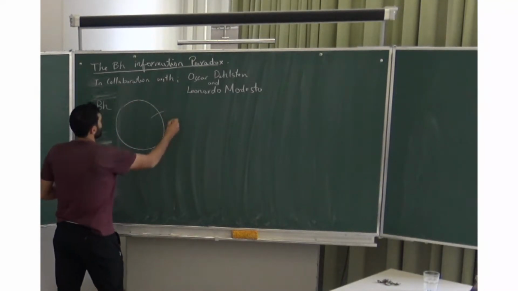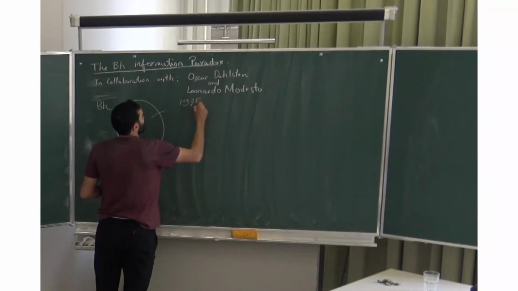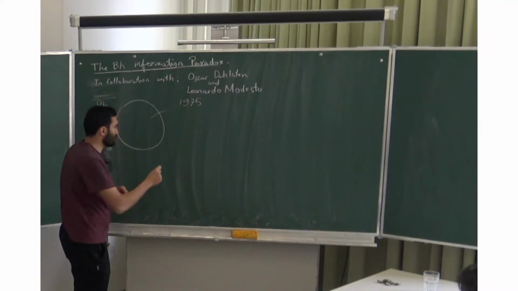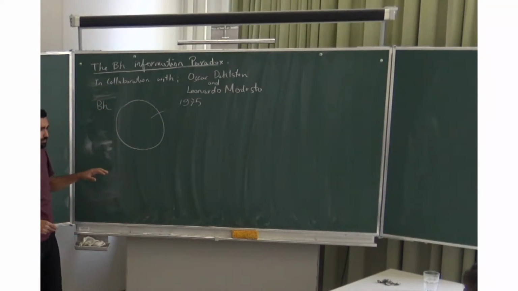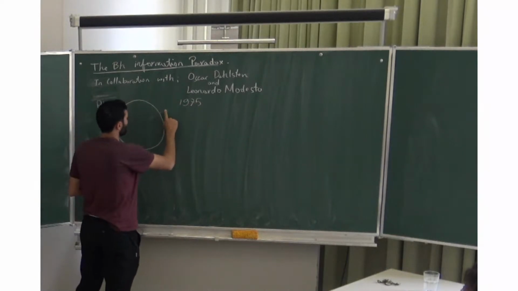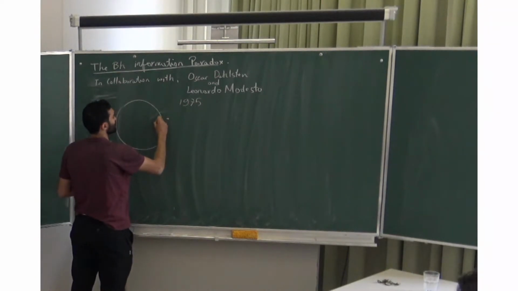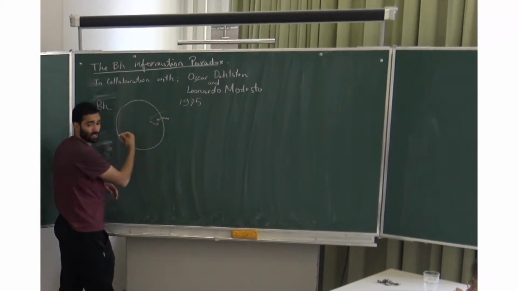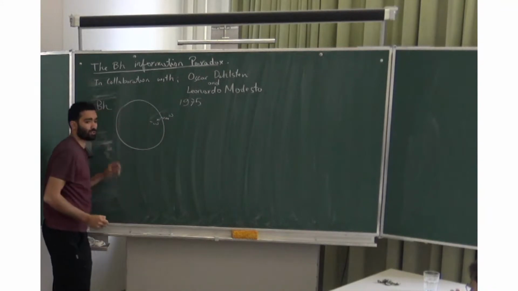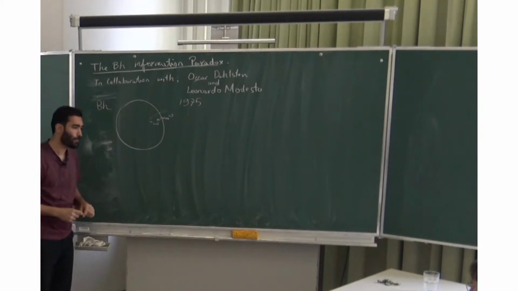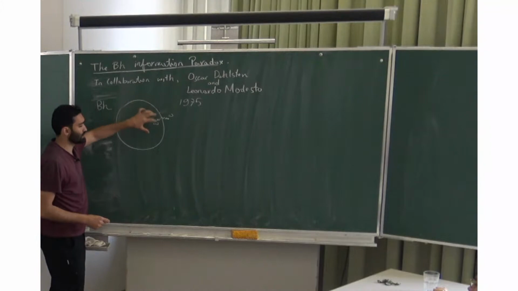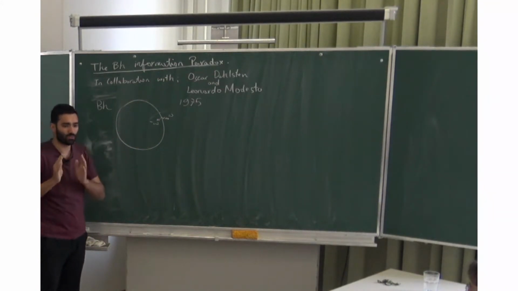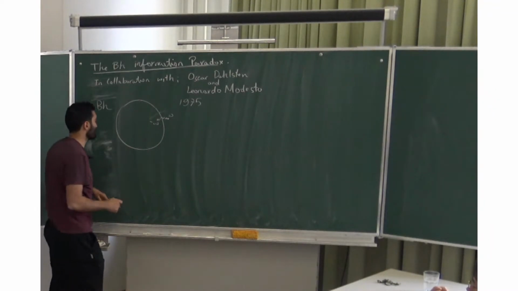Now, in the year 1975, it was shown by Hawking, using quantum field theory on curved space-time, that black holes emit radiation. There are pairs of particles created near the event horizon, one with negative energy, which is eaten by the black hole, and one with positive energy, which is emitted far away. You can also see it by computing the stress energy tensor, and you find a negative flux going inside and a positive flux going outside near the horizon.